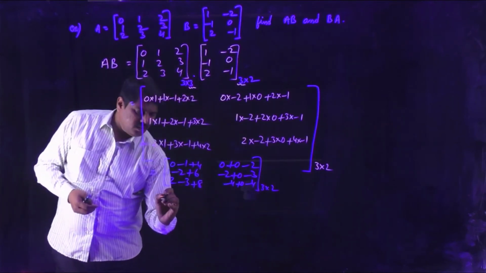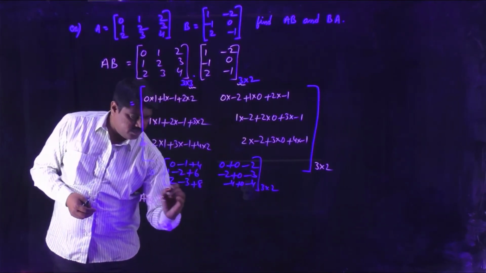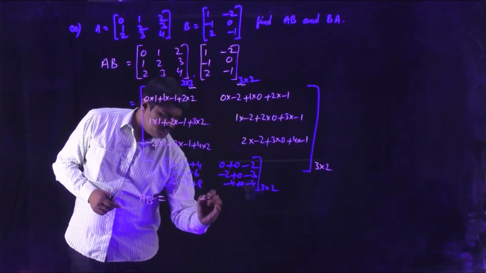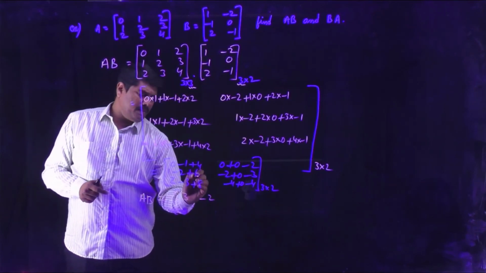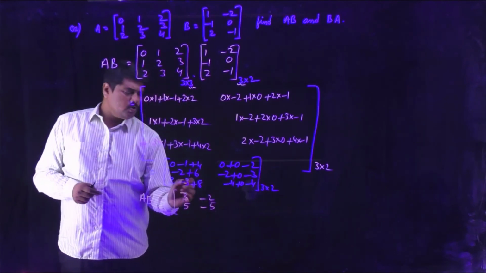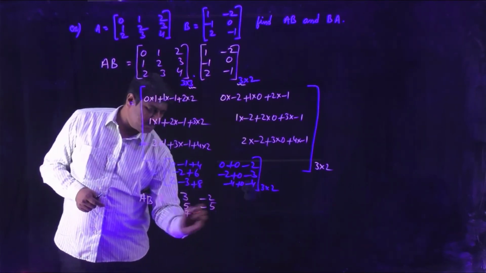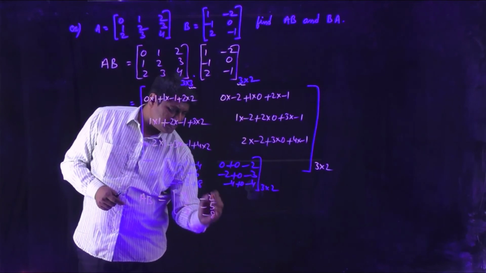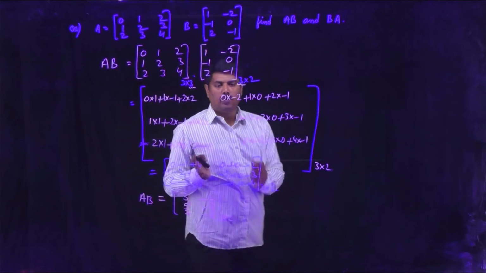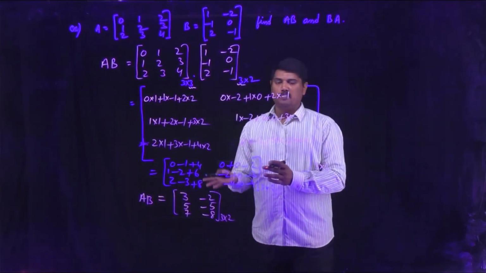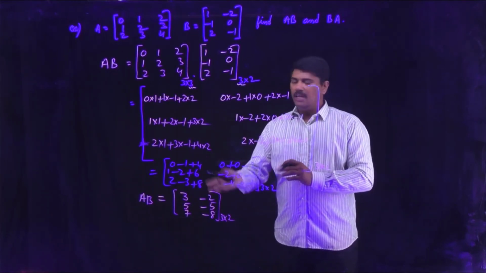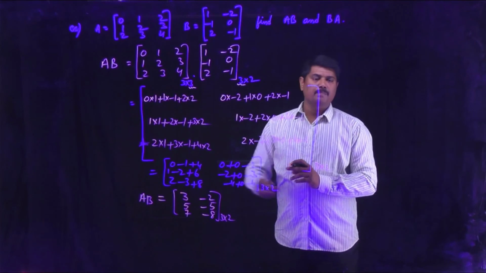So the final matrix multiplication of AB is like this. Minus 1 plus 4 is 3. This is minus 2, 1 plus 6 is 7, minus 2 is 5. Minus 2 minus 3 is minus 5. 2 minus 3 minus 1 plus 8 is 7. Minus 4 minus 4 is minus 8. So this is the obtained matrix AB. This is how we can do multiplication, observe whether it is possible or not, what the order of the required matrix is, and how we can find the elements in the multiplication.